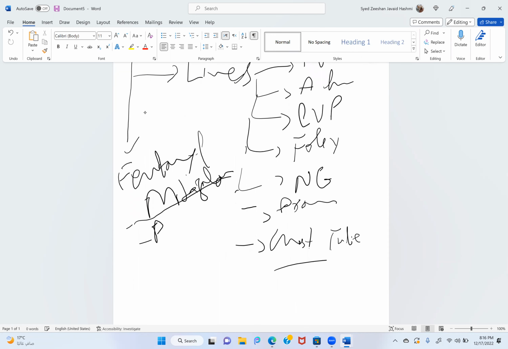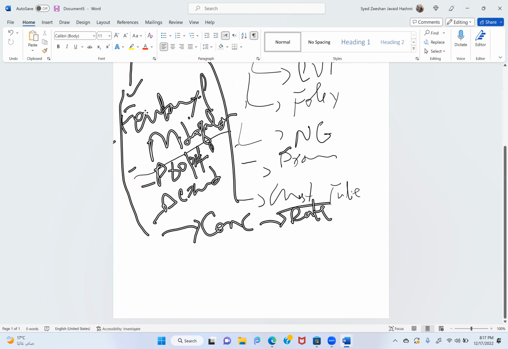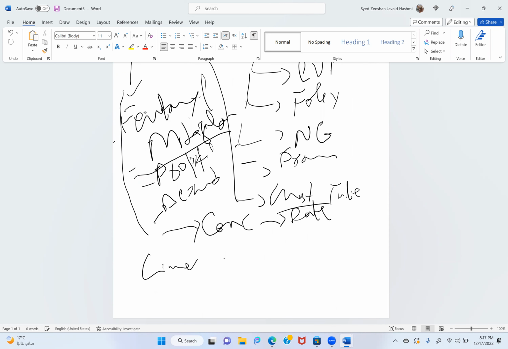Usually fentanyl, midazolam, propofol, okay, dexmedetomidine, you can expect. So you should know the concentration which you are receiving and the rate you are giving, okay. Another thing is that sometimes the lines are blocked and you happen to flush the line, and now a bolus has gone. So you should be very clear about which line is receiving which drug, at what rate, and whether this line is functional or not. Because sometimes they stop the syringe pump, and when they stop the syringe pump, the lines are blocked.